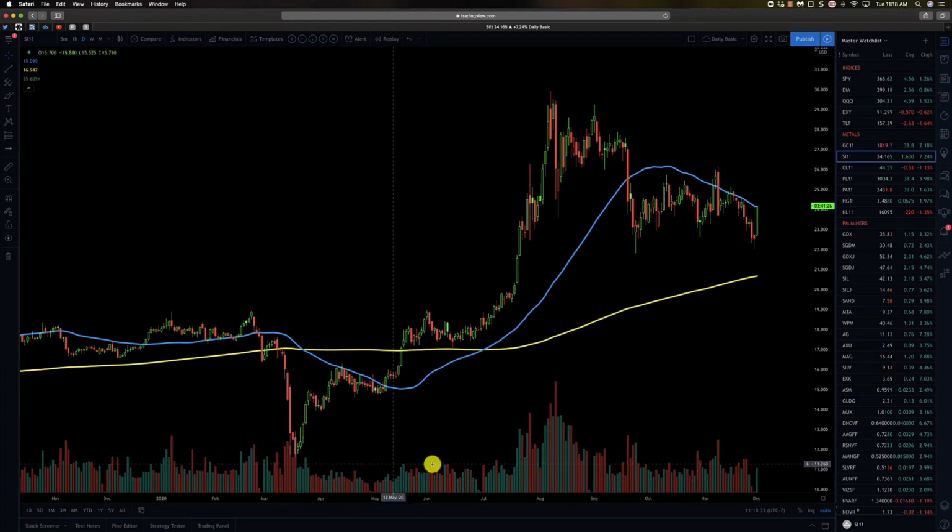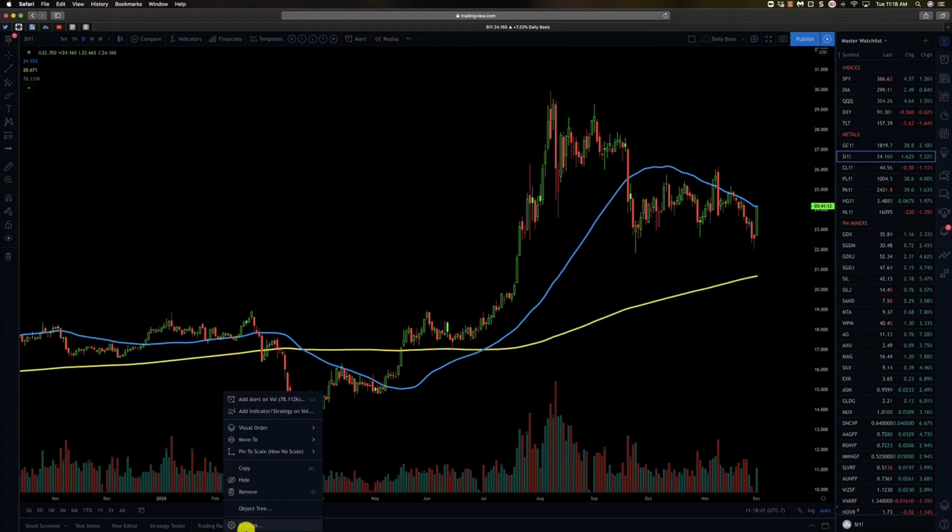Now you can see here the volume, the way it defaults is on the same pane as price, and it can overlap sometimes like down in here. So I don't really like that. I like to keep it separate. So what I'm going to do is just click on it, then right click, hit settings,